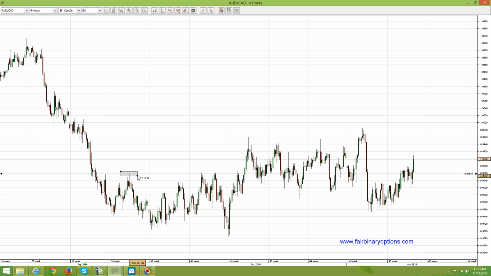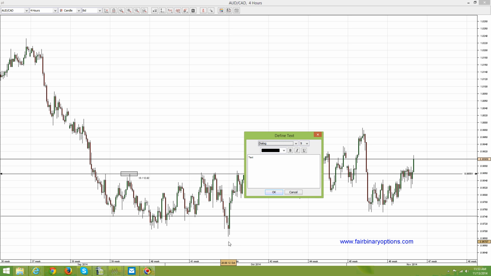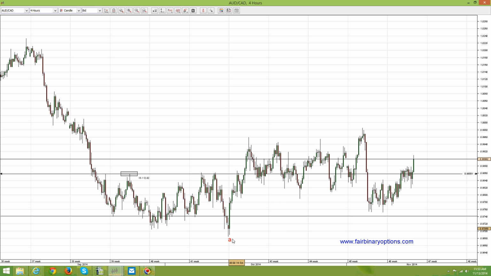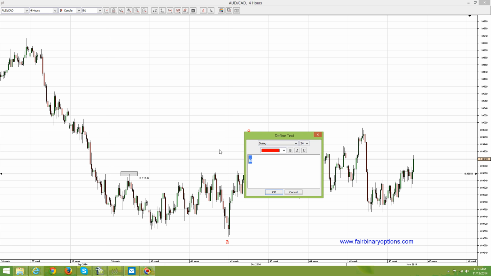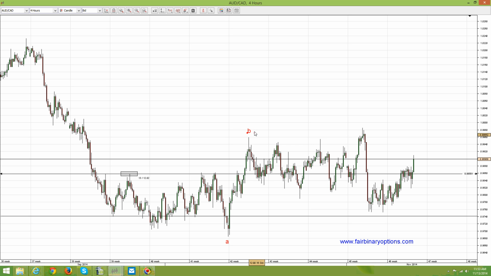So from here I would say we have wave A to the downside all the way here. So this to be wave A, let's make it a bit bigger, like this. Then the B wave all the way to the upside here, and B either here or here, it doesn't matter. Let's say that this is the B wave. Then of course we need to have the C wave to the downside, A, B, C,